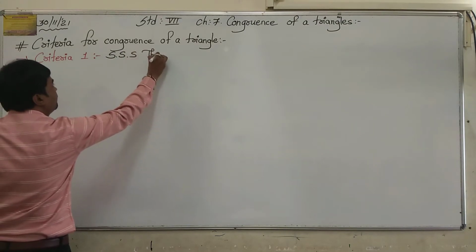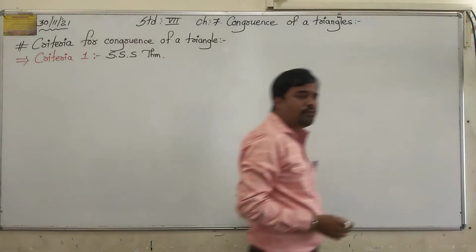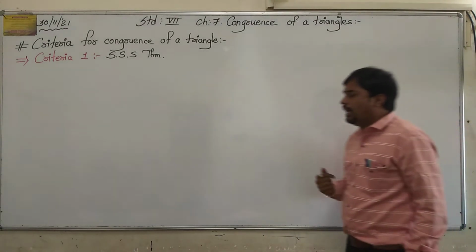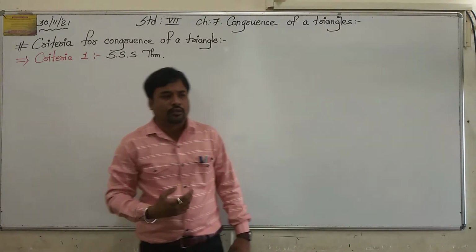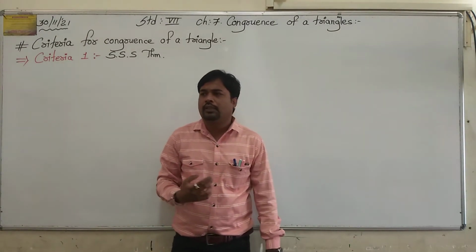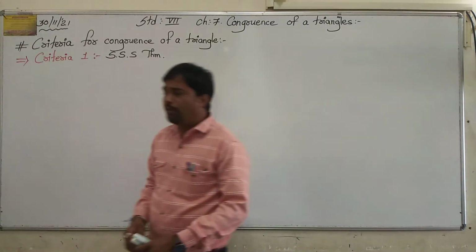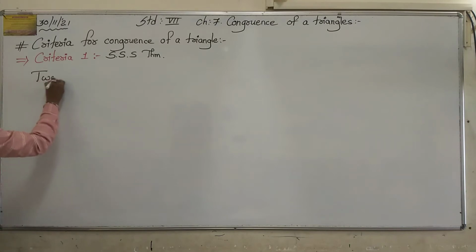SSS theorem. SSS, the word itself says side, side, side. Right? So here in this criteria we are going to deal with the sides of the two triangles. What are we going to deal with? We are going to deal with the sides of the two triangles. So what the criteria says is that two triangles are congruent